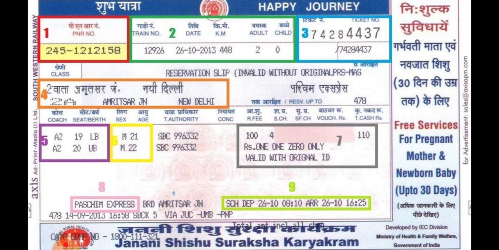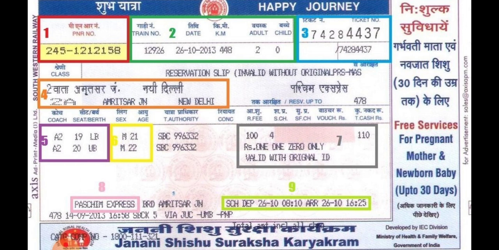Okay, next, moving on to their sex and age. Both are male, with ages 21 and 22. So I hope column number 5 is clear to all. It deals with the class, seat, berth number, and the age of the person. Sorry, it is the sixth column. There we find the gender and the age. So columns 1, 2, 3, 4, 5, and 6 are clear to you. Clear? In the sixth column, the gender is given; they are both male, with ages 21 and 22 years. Okay.